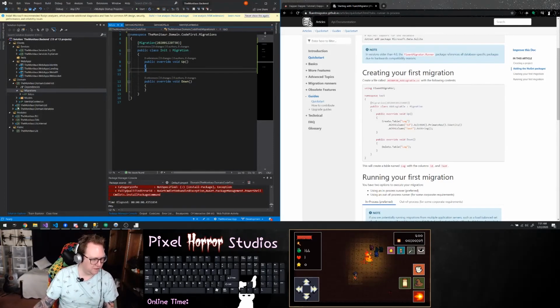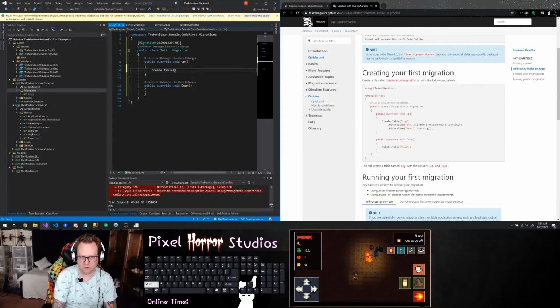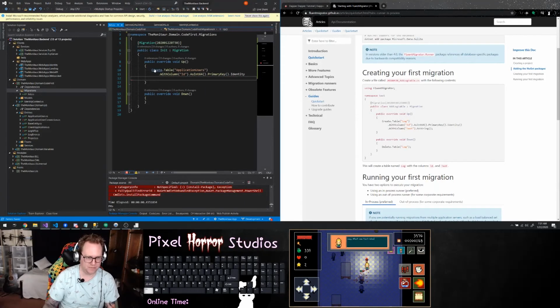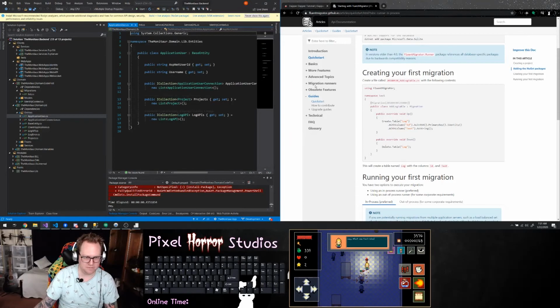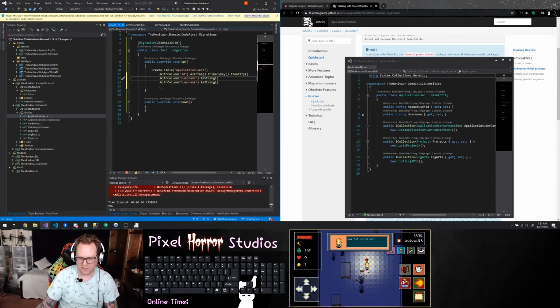Okay, and so when I look back here at my entities, we're going to start by creating this application user. So I'm going to say Create.Table called ApplicationUsers, and we're going to say WithColumn, call it Id as Int64, which is a primary key and an identity. Okay, when I look at this again, we also need to have on here WithColumn Username, which is AsString. We also need to have one for the ASP.NET user ID, and then on my base entity,